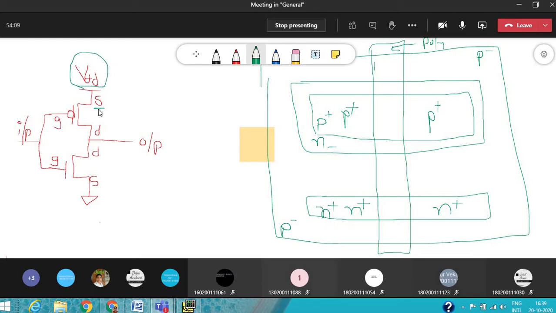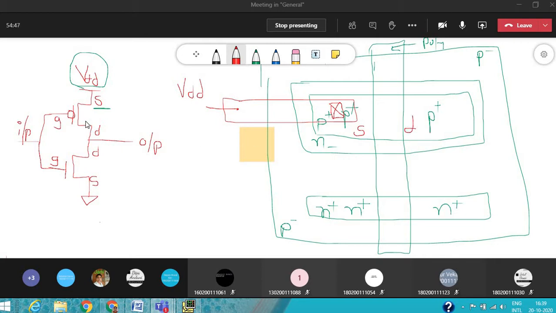Now here we see VDD is connected with the source of the P MOSFET. So at the source, VDD is connected. Here we connect VDD by putting a metal layer and a contact. Here we can give the supply, so now our supply reaches the source terminal. This is the source of the P MOSFET, so the remaining one is by default the drain.